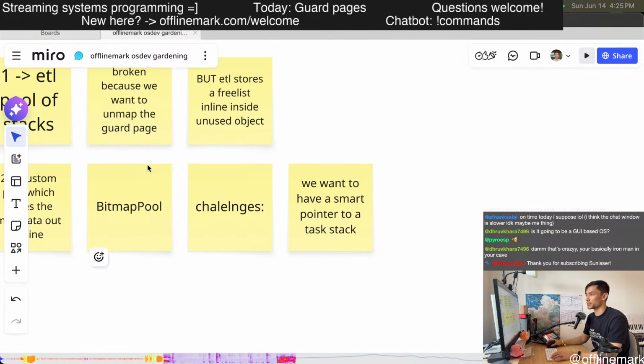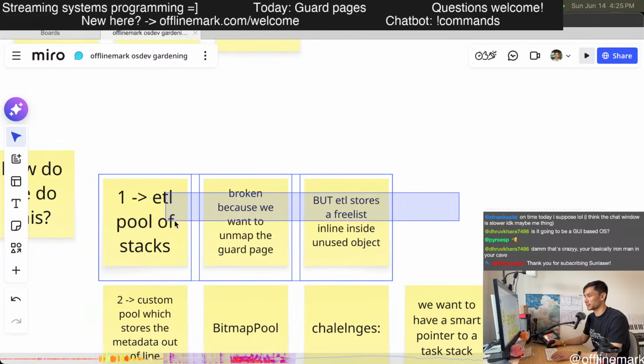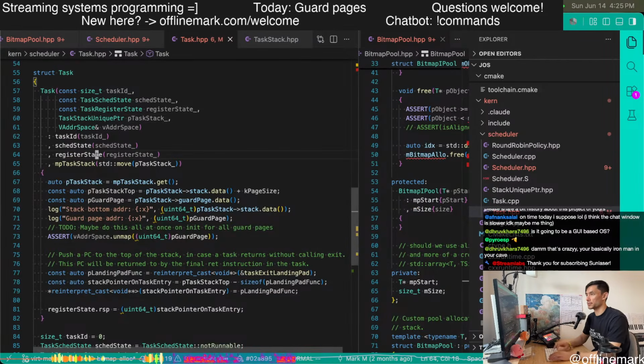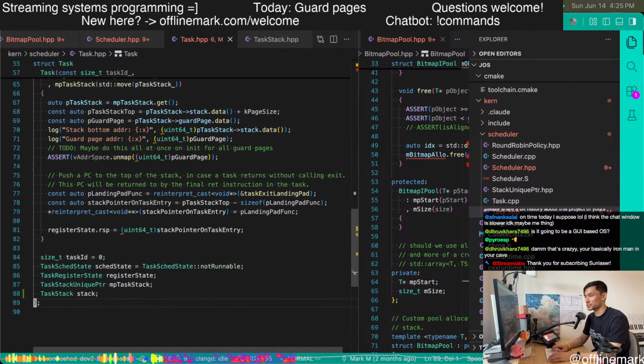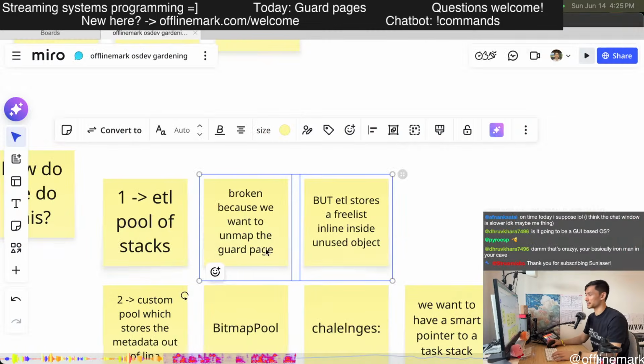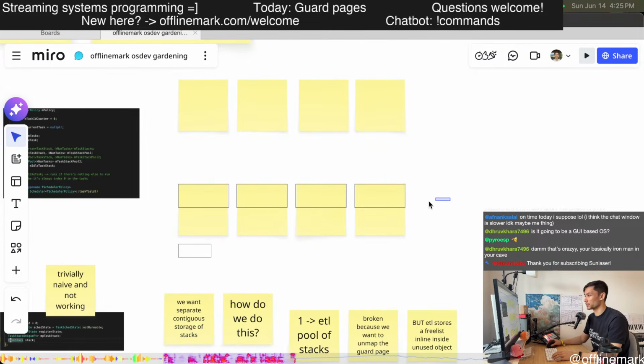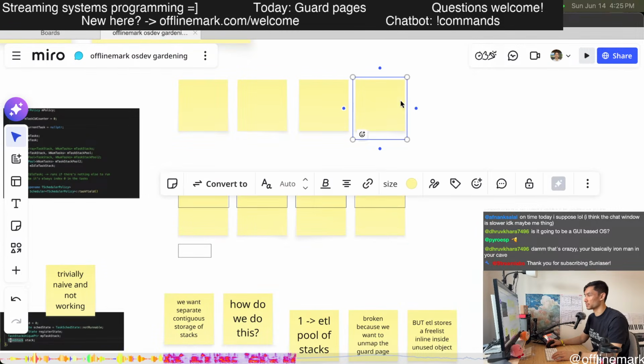In my prototype, the task stores a smart pointer to a task stack, which is nice because then the stack gets automatically freed from this pool when the corresponding task gets destroyed.